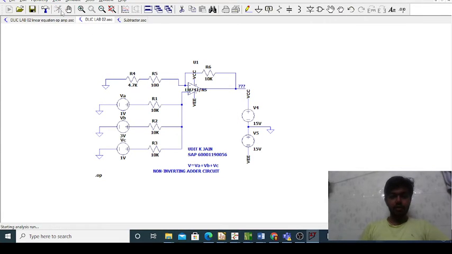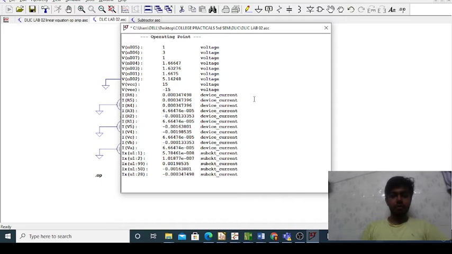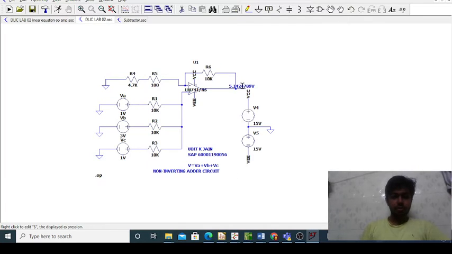We will run it, and here we have got the operating point values, and see here it is 5.1489, slightly bigger than the previous op amp. So we will check now again with TL084. Let's see how it works.